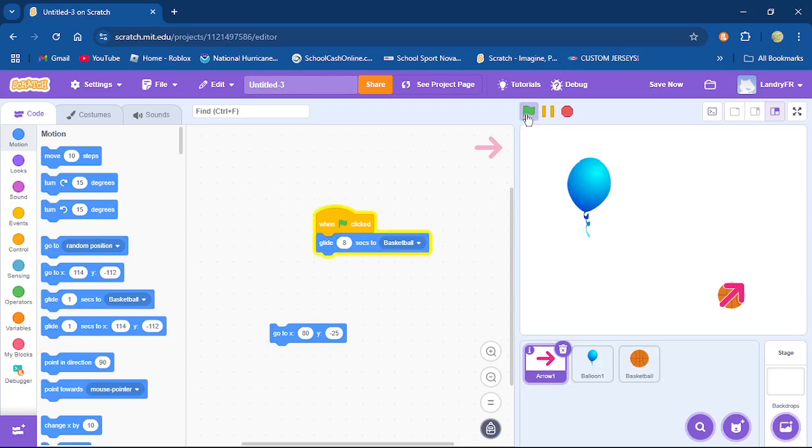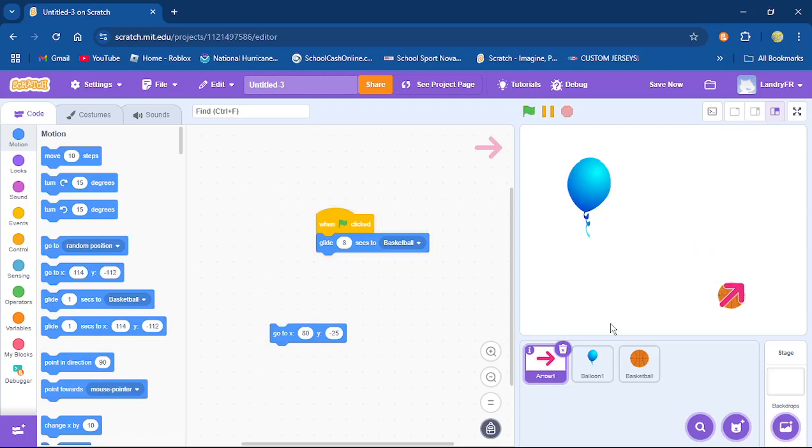If I want it to glide 8 seconds, you actually have to pull it away again, though. It's going to take, oh, it's going now. Hold on, sorry. All right, so yeah, it's going to take longer because it takes the full 8 seconds to get there from wherever your starting position is.